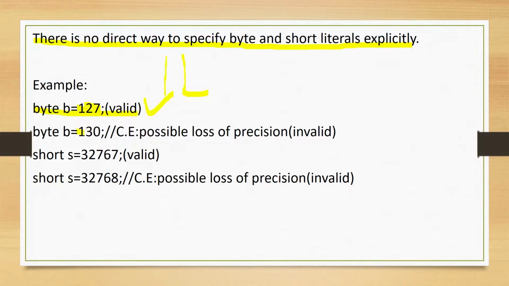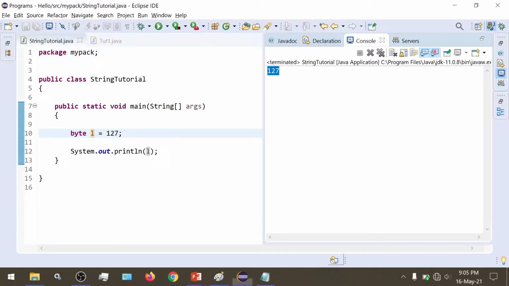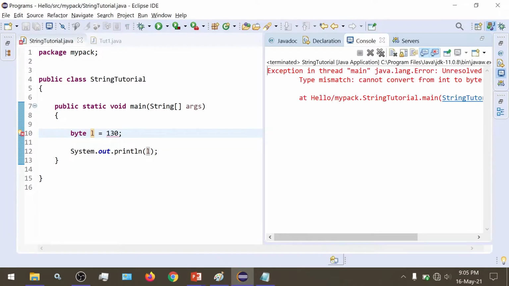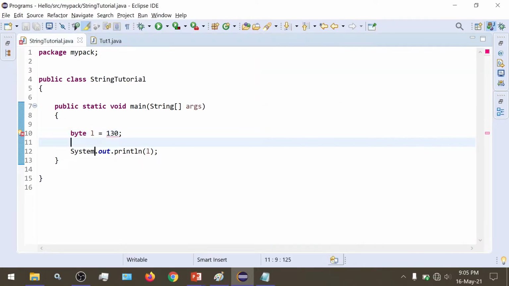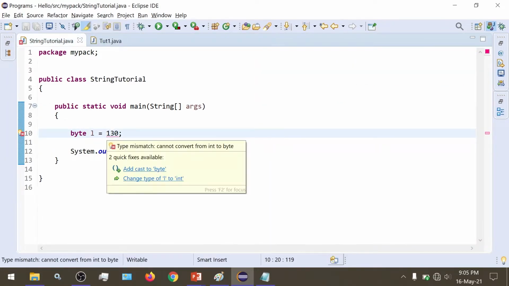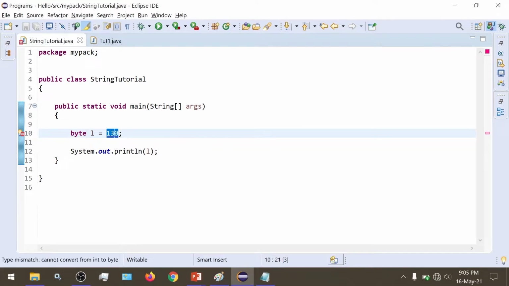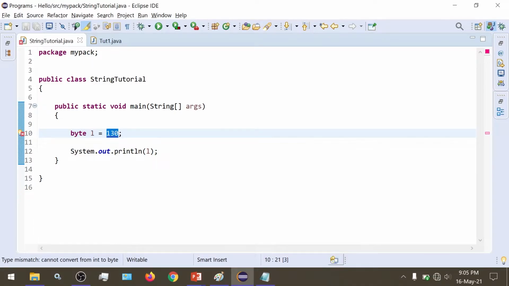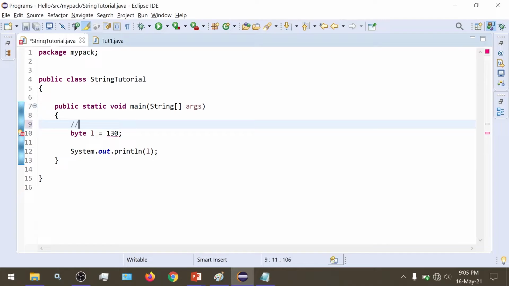But when we try to give 130, we would get an error, because it cannot convert from int to byte. This 130 is outside the range of byte. We have seen in the data types video that the range of byte is from negative 128 to positive 127.